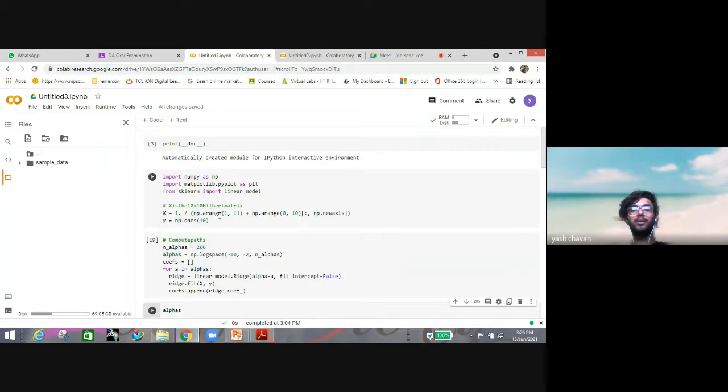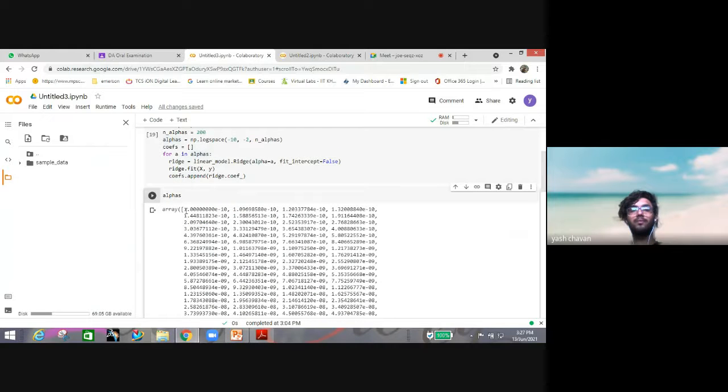So this is np.arange. This is the starting point and this is the ending point, 11. Now we are going to do y = np.ones, which consists of all unity elements, meaning it will contain all ones. Now we will create an array of alphas, which consist of values from very big to small.